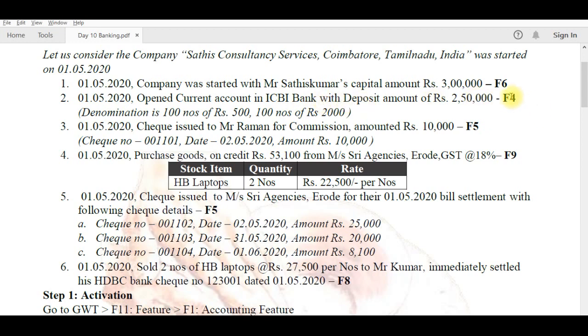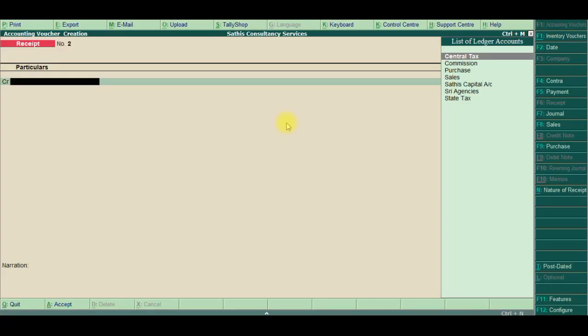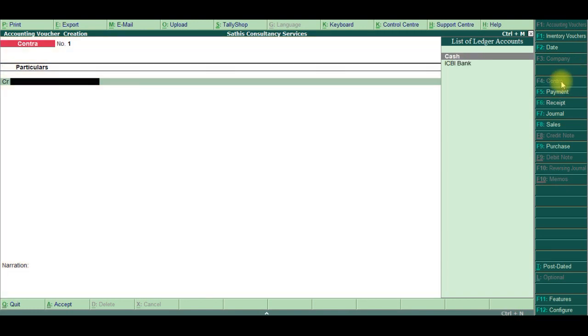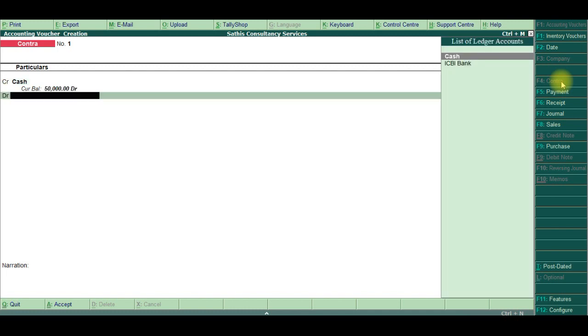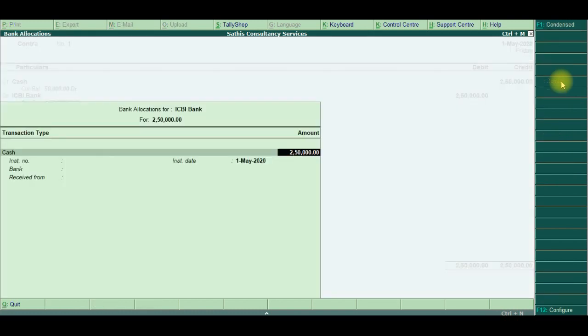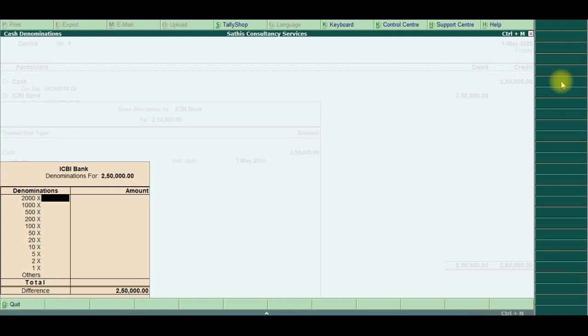It is an F4 Contra. Denomination I can see: 500 rupees, 100 numbers, and 2,000 rupees, 100 numbers. So F4 Contra, cash is CR, 2,50,000 is the amount, DR ICBI bank, yes, it is cash. Whether I give the cash,